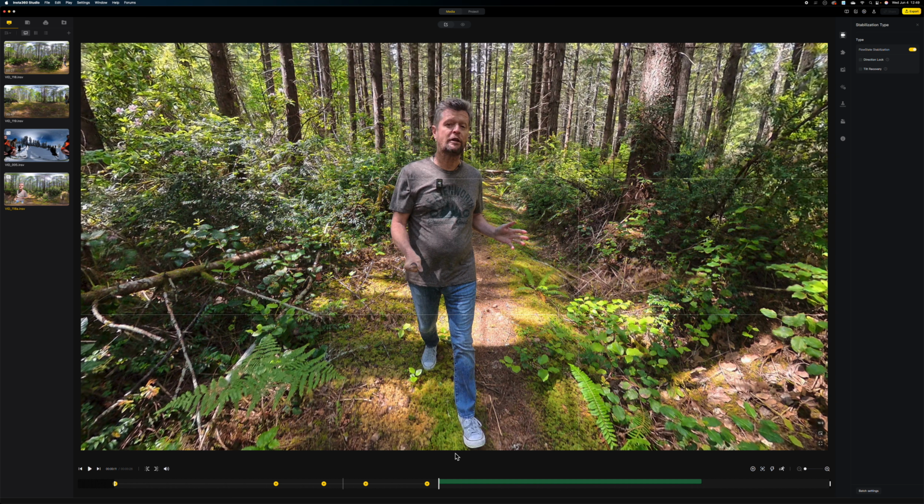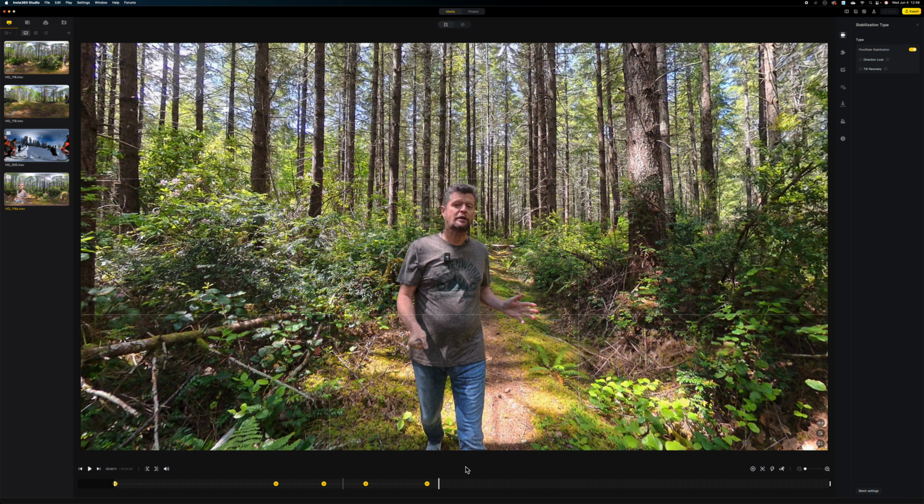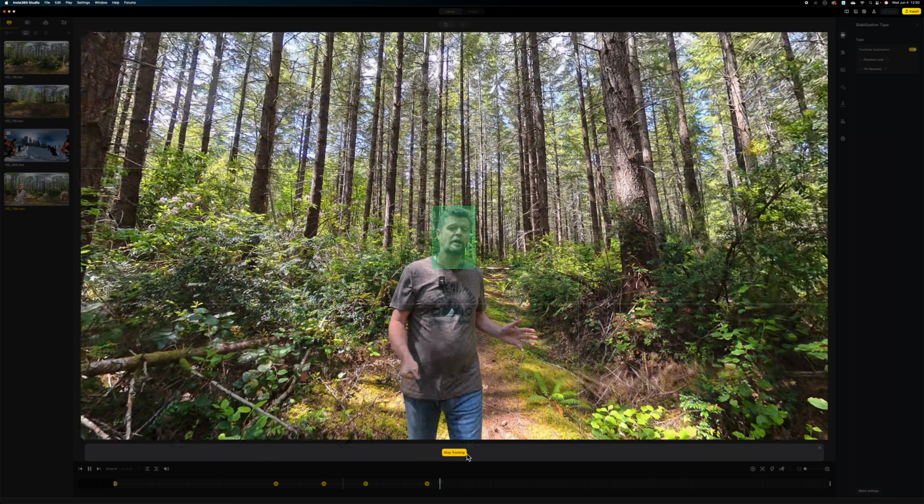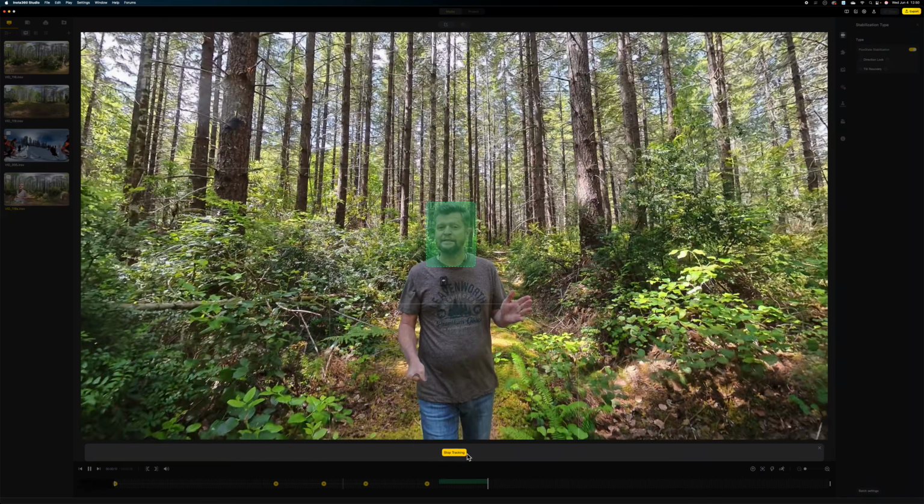Now, just as with other editing types, I can undo that. So if I hit Command-Z, that will remove that previous tracking. And once again, I'm going to enable deep track. But this time I'm not going to use that target, I'm going to define my own target, and the way I do that is by holding down the left mouse key and defining a box around my target, in this case my face. Having defined the box, I hit the Start Tracking button,